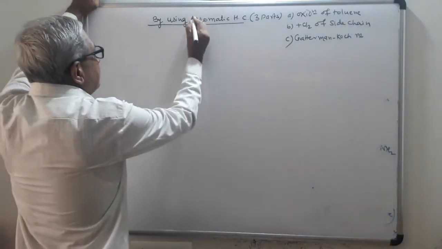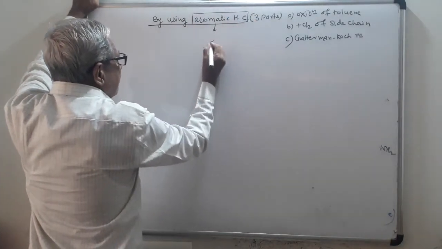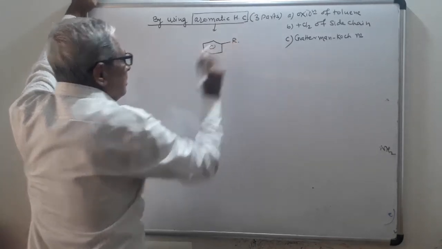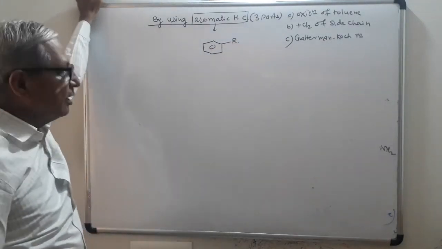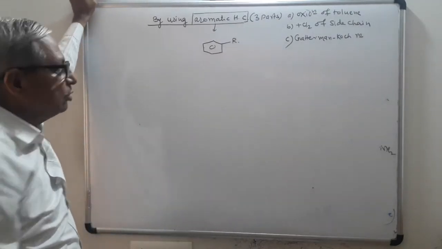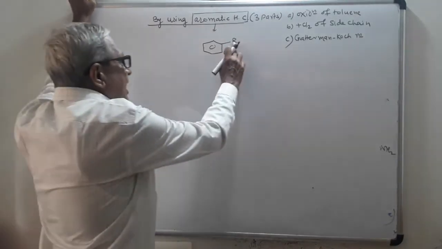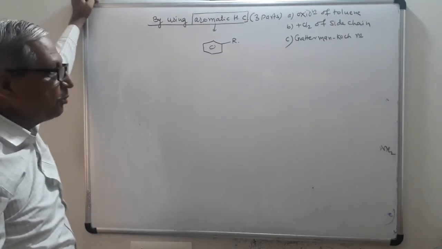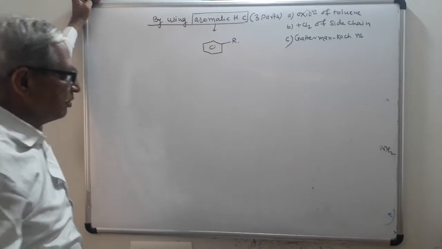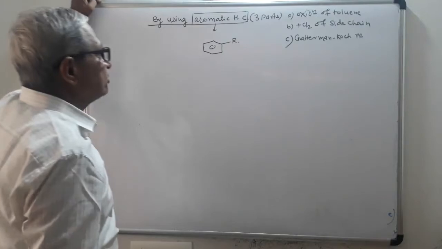First, I will explain the term aromatic hydrocarbons. It must contain the aromatic ring, for example a benzene ring attached to the alkyl group. That is called an aromatic hydrocarbon. If R is equal to CH3, that is known as methyl benzene or toluene. If R is equal to C2H5, ethyl benzene. If R is equal to isopropyl, that is called isopropyl benzene. It is also known as cumene. You learn in the preparation of phenol from cumene. So step by step, I will explain the three reactions.